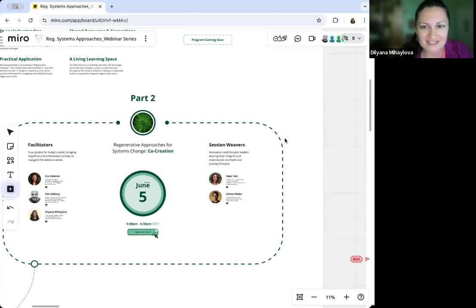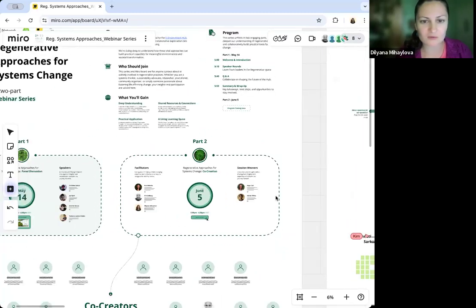For those of you who just joined, as I said, if you're new to Miro, if you want some support, please mention this in the chat. If you also struggle to contribute on the Miro board, if you're on your phone or on the go, Eva and Kim can take your input from the chat and we can transfer it to the Miro board. So that's also a great way to contribute.